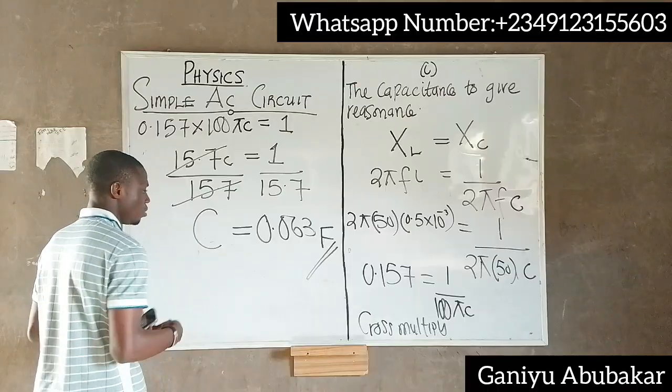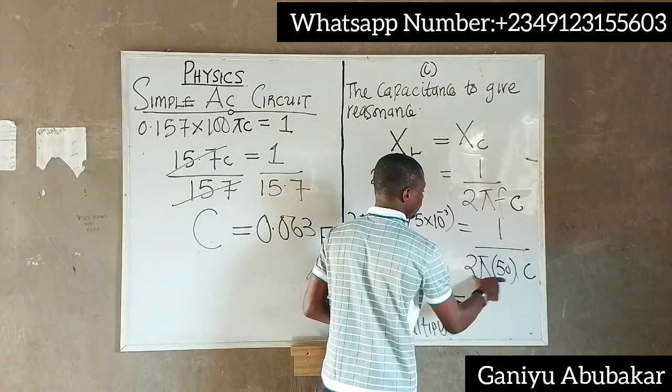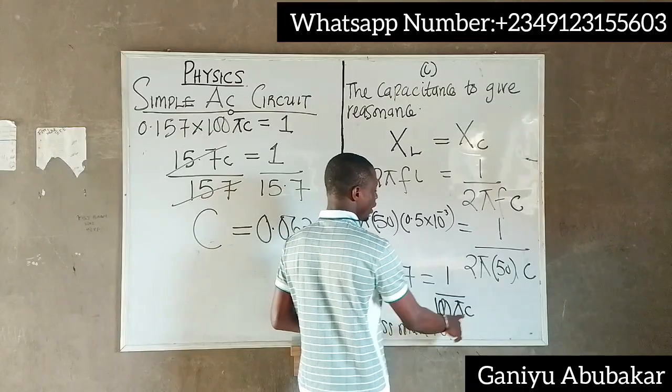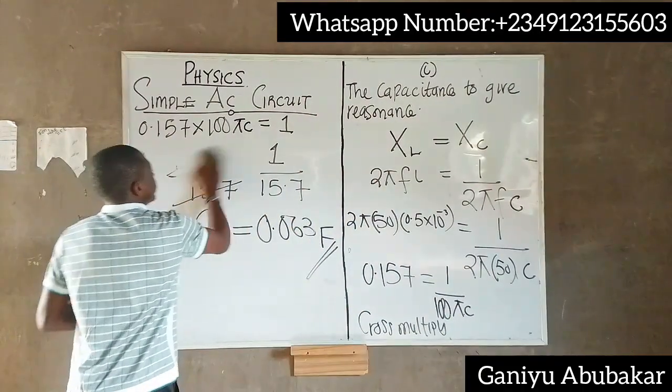Alright. So the mistake there. So here should be 2 times 50. 2 times 50 gives you 100. The pi should be left, right? So from here,